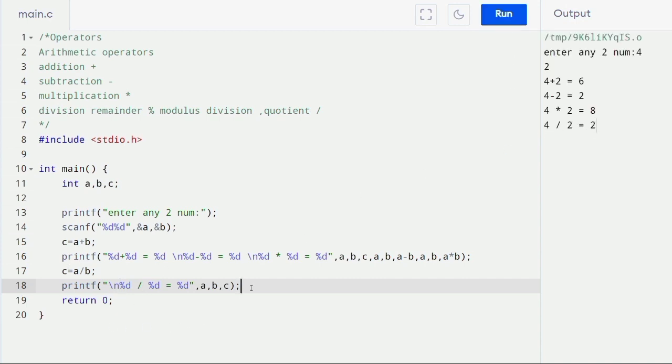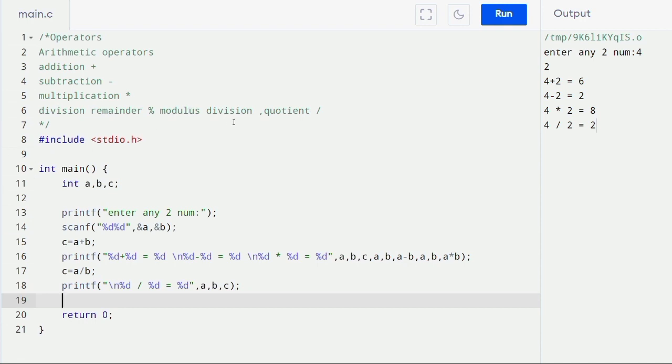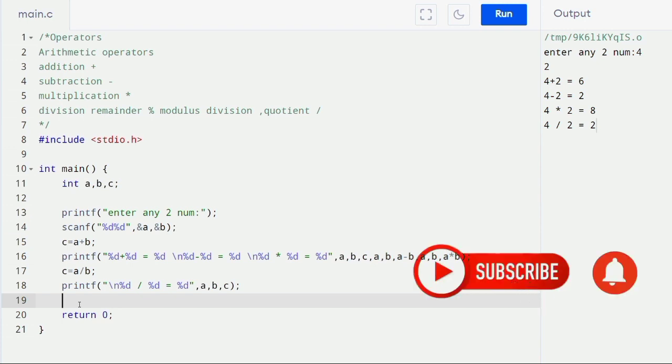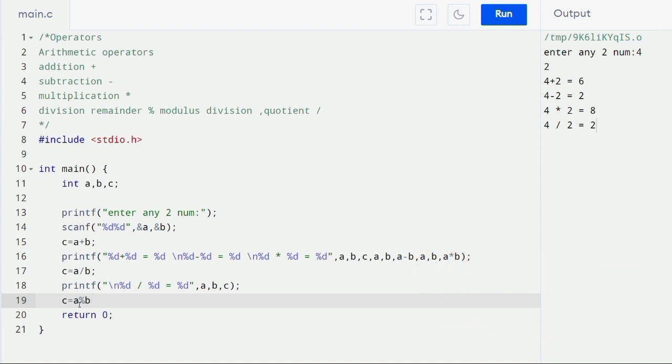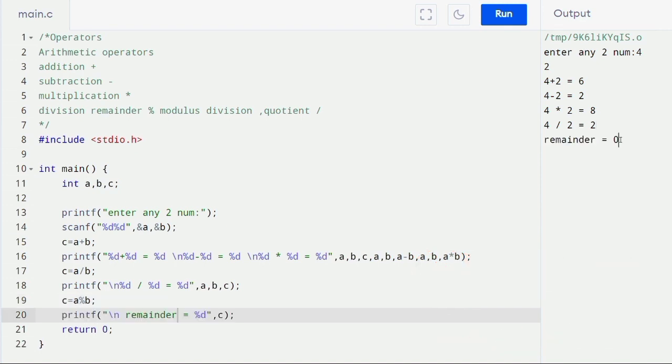Again similarly with modulus division, this modulus division gives the remainder value. So again I am changing the value of c, like I am giving a percentage b, it is printing the remainder. So like this, and other types of operators are going to be explained in upcoming videos, so don't miss those videos,